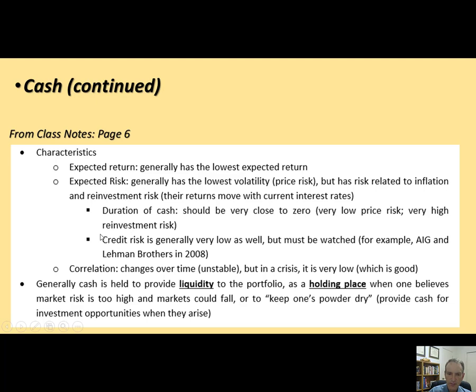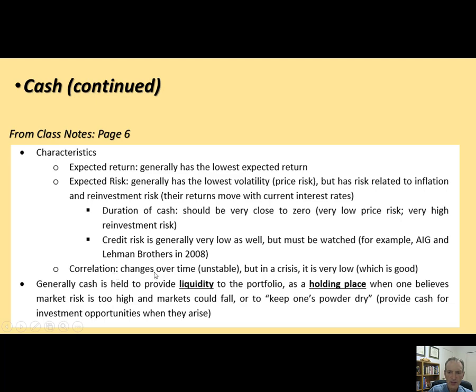The credit risk, that's the risk of bankruptcy or what they invest in going under, is very low. But as I mentioned, in 2008 there were some credit losses in these portfolios. Generally, commercial paper is very high quality, but AIG, Lehman Brothers, when the markets get scared, they don't want to loan you money, and you have a lot of commercial paper that you need to roll over continuously, hundreds of millions of dollars. If you don't have the trust of markets, about your only solution is to go bankrupt because you cannot pay the bills.